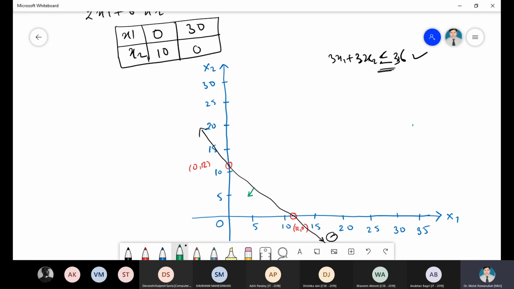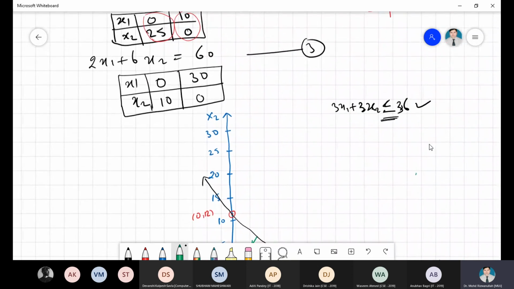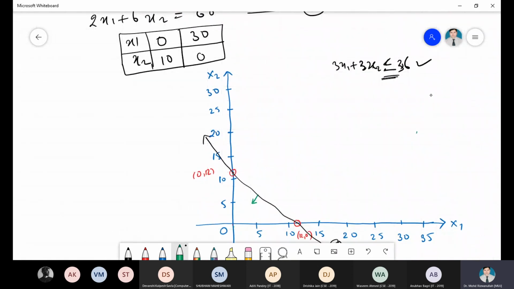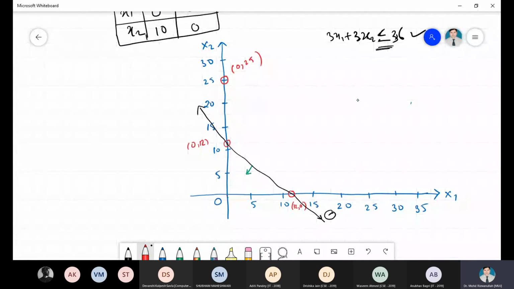Similarly, what is your second equation? Second points. This is 0 and 25 and 10 and 0. So 0 and 25, where is 0? This is 0 and this is your 25. So this is your point. This is another reason. So the second point is 10 and 0. This is the 10 and 0. Now again you draw the line here. So when you draw this line,